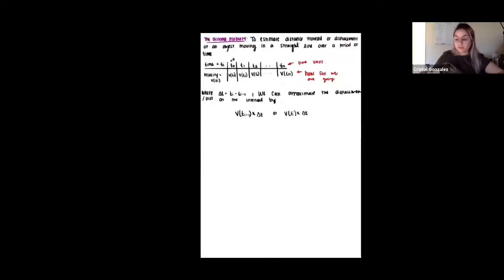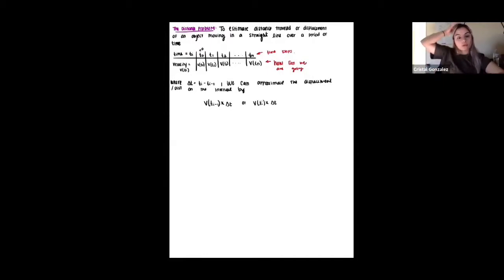Well, now we can work backwards to actually figure out the distance you went, given how fast you went and how long it took you. And that's all that is. So what we're going to do is multiply it. And hopefully this makes more sense when we do an example. And so the total displacement